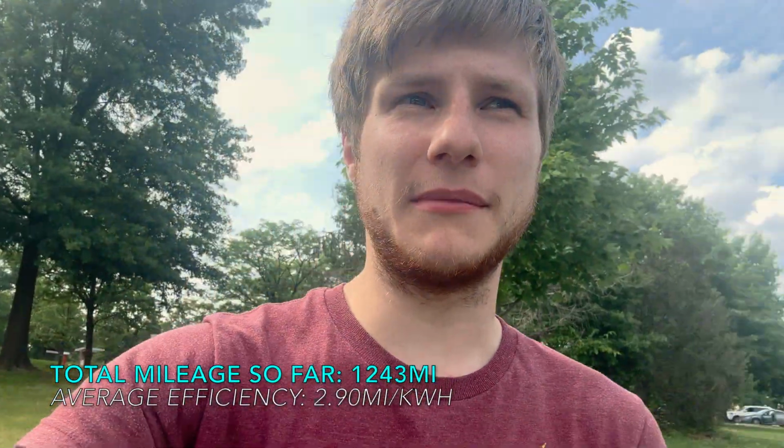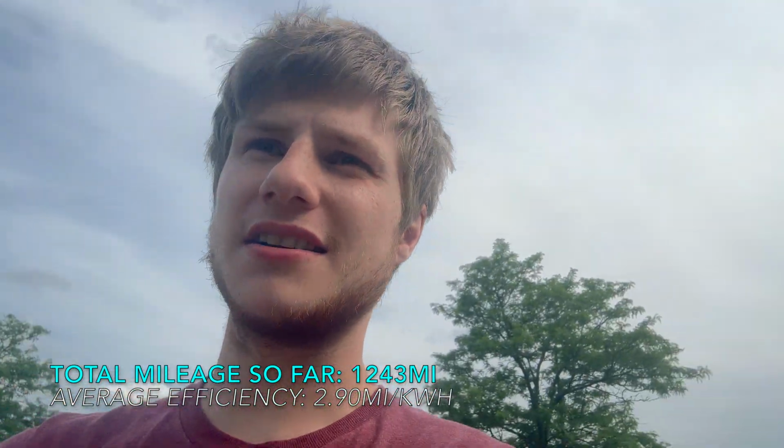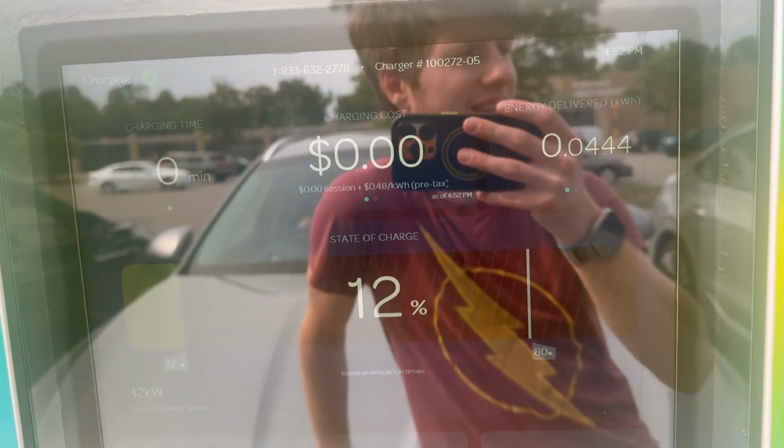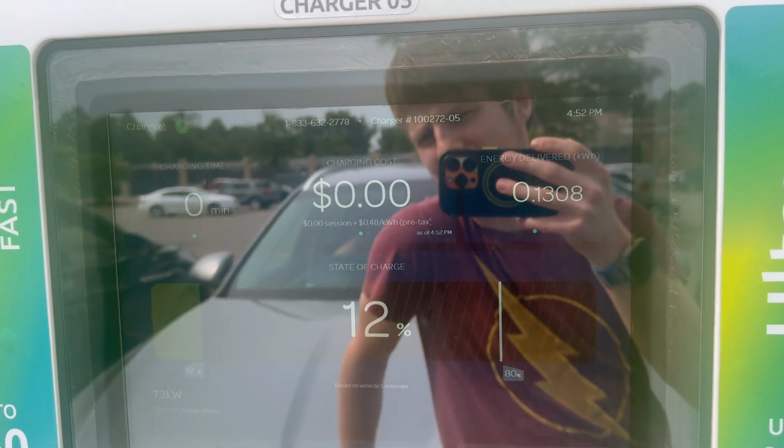Here in Richmond, Virginia, we averaged 2.8 miles per kilowatt hour and just plugged in. Let's see how our charging session does and what we plugged in at. I don't remember off the top of my head at this point, honestly. If this is slower than about 125 kilowatt, we're actually going to move over to some CPE 250s over in another parking lot right next door. We still have our Chevy EV Go credit, which can be used at charge points, so we'll just end up doing that. 12%. Yeah, I mean, technically we probably didn't need to stop and charge at our last stop, but